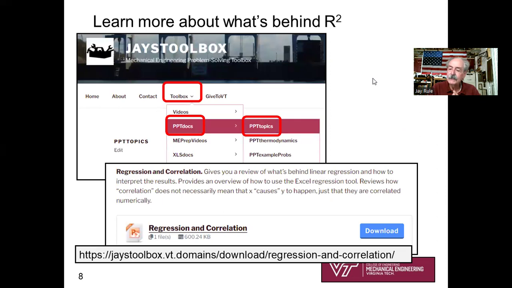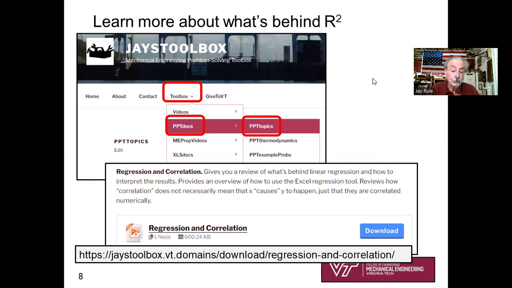Okay, let's say you want to learn a little bit more about what's behind R squared. I didn't do any of the mathematics. We're moving on to 30 minutes now in the video. If you're interested in how Excel got a numerical value for R squared, in our case close to 1.0, in other words, the data was pretty tightly distributed around that best fit linear line,